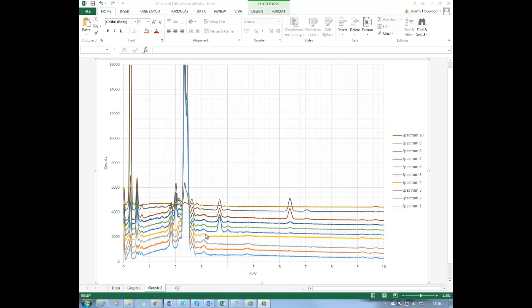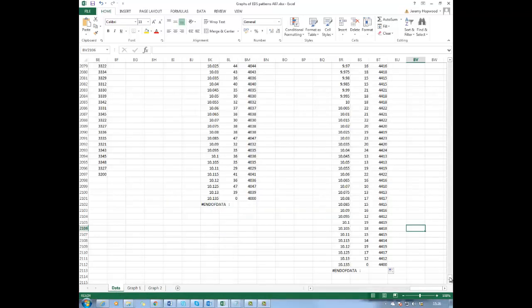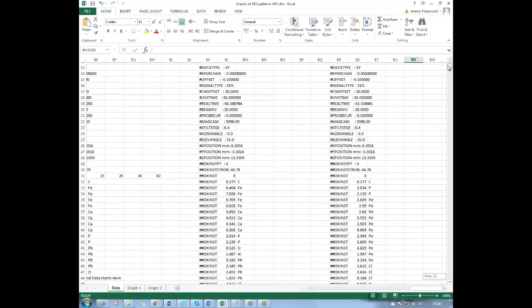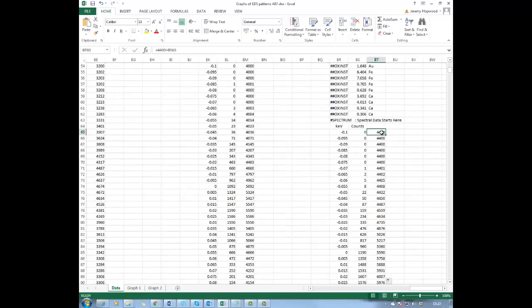There is just one last thing, and that is this spectrum number 10. Now I know that spectrum number 10 came from the carbon resin, and so it's very different. In fact, you can see there's only a bit of a lead peak here, and because it's so different, I'm going to offset it a bit more. So instead of offsetting by 400, I'm going to give a bit of a gap. I'm going to do about 1,500. So I'm going to offset the last one by 1,500 more than what I've got already. So in fact that's about 6,000. So if I put 6,000 there,